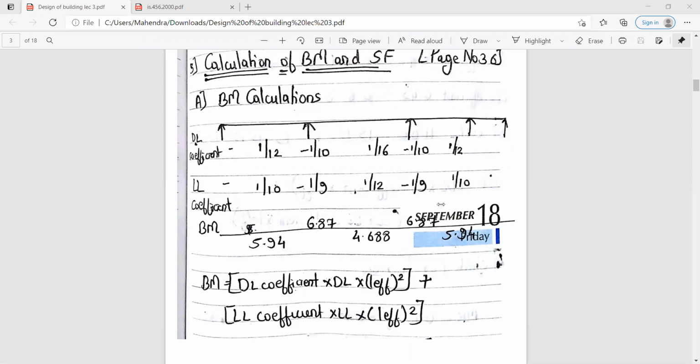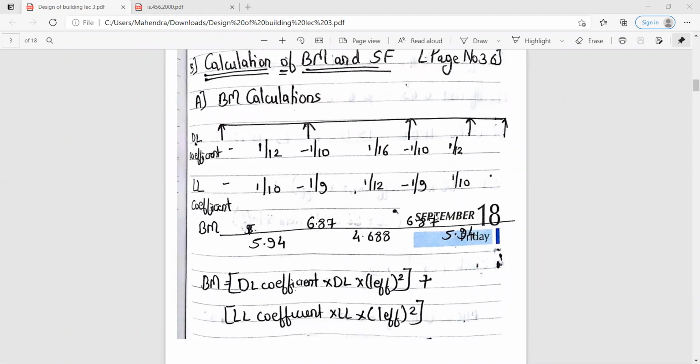It's completed. Everybody has done the bending moment calculations. Okay. What about the others? All the others are also completed.